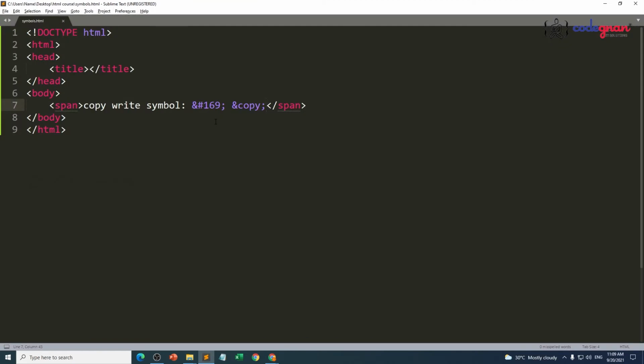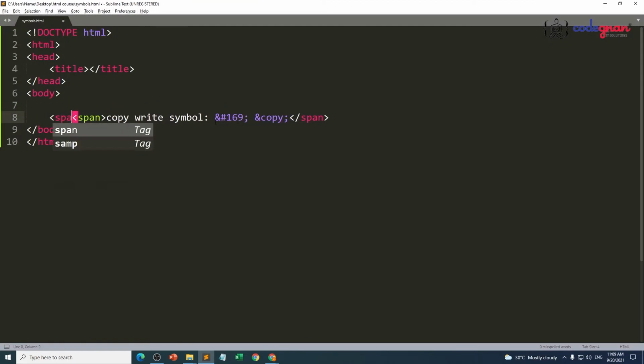For registration, span. For that symbol, you are going to use ampersand reg semicolon. Semicolon is must and should.